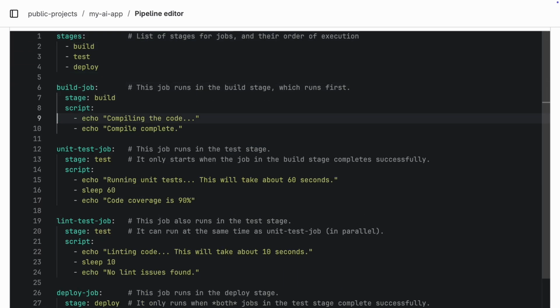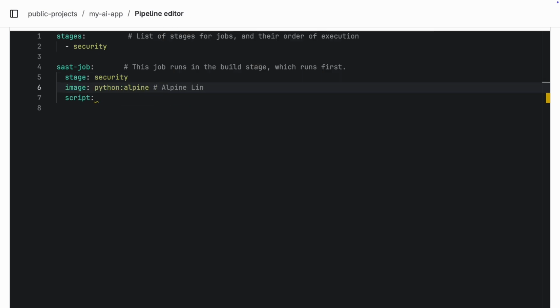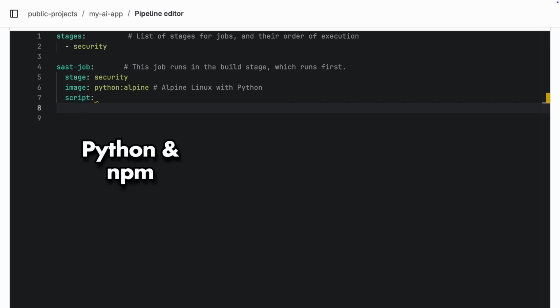Alright, let me just tidy up this code a little bit. We're using a Python image based on Alpine Linux. It's lightweight, pretty popular, and works great for this pipeline. I like it because I'll be installing stuff with both Python and NPM, and installing NPM in Alpine Linux is